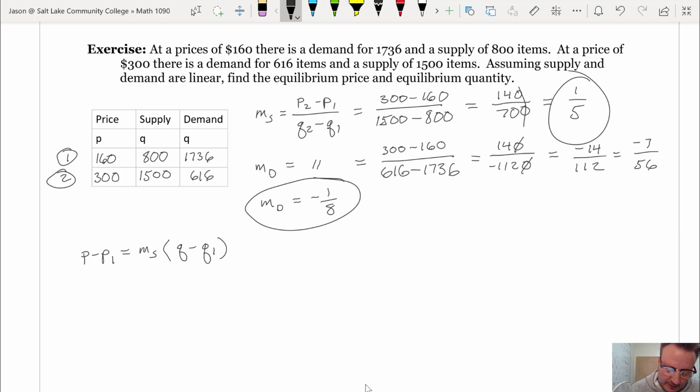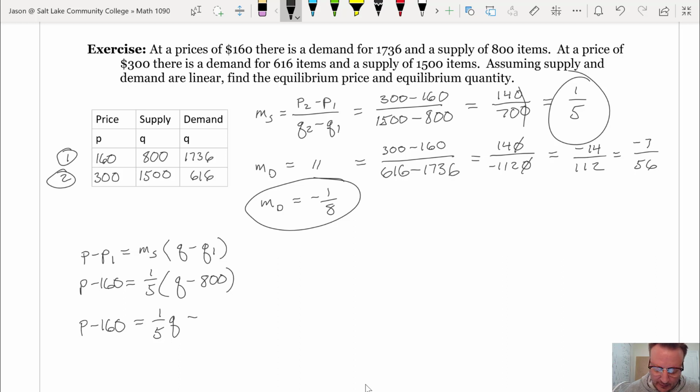Okay, let's see here. What do we get? This is P minus 160 is equal to 1/5 times Q minus Q1, and this is for the supply curve. Q1 for the supply curve is 800. So we get P minus 160 equals 1/5 Q minus,